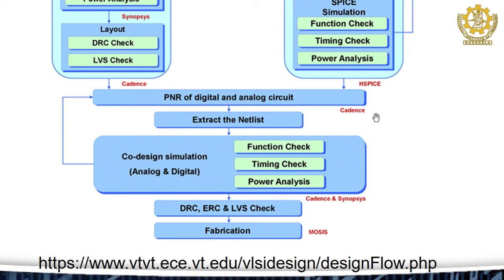So, whatever design is there, we have to incorporate that. First, PNR stands for place and route. You have to place the design in that, then correspondingly connect all the designs. Further, these designs have to be connected to VDD and ground of the IC. There are bond pads where VDD, ground, analog inputs, and digital inputs and outputs will all be given.